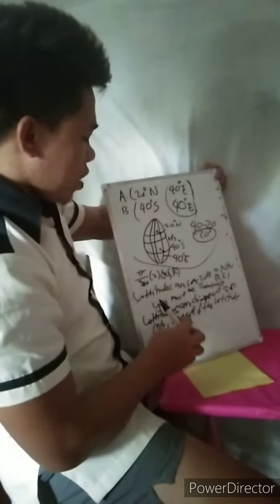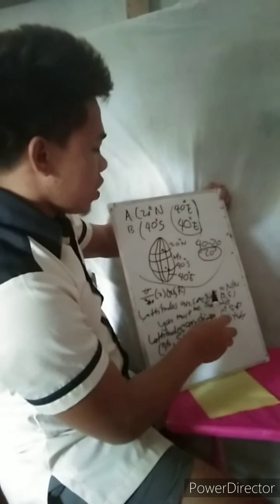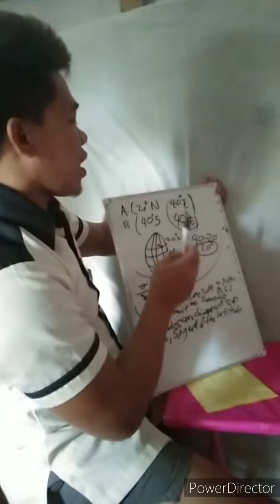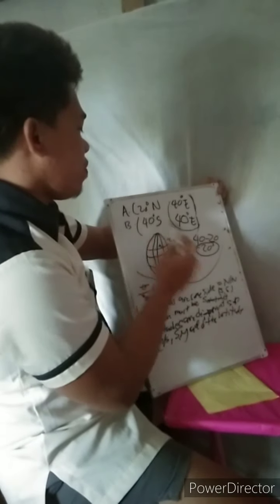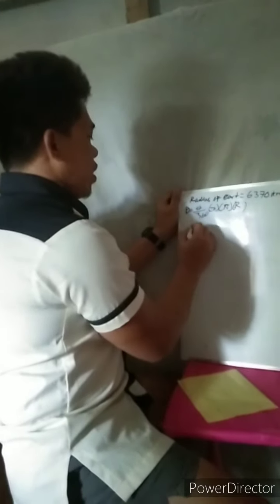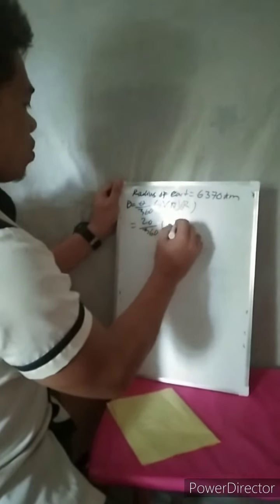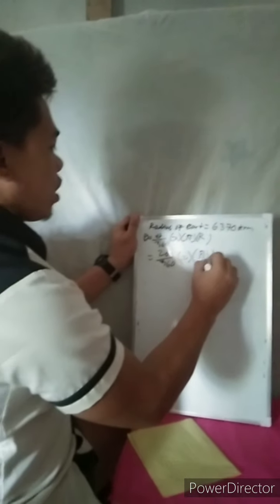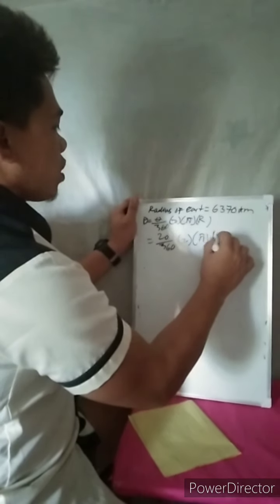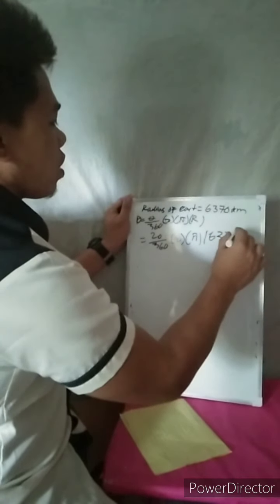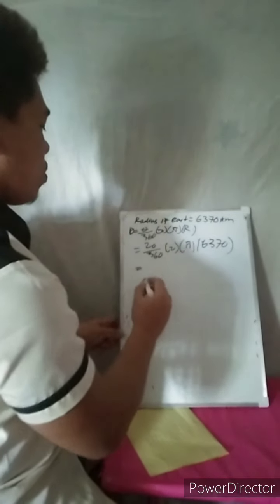Kay ang ingon dire basta ang latitudes are same side, north to north, you must subtract. So ato again subtract, nakaiara kita 20 degree. So ato i-substitute dinhi 20 over 360 times 2 times pi times sa radius sa earth nga 6,370 kilometer